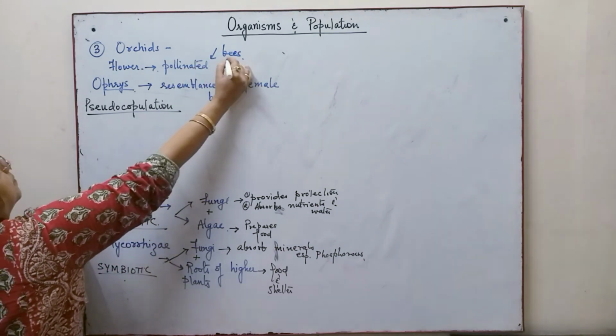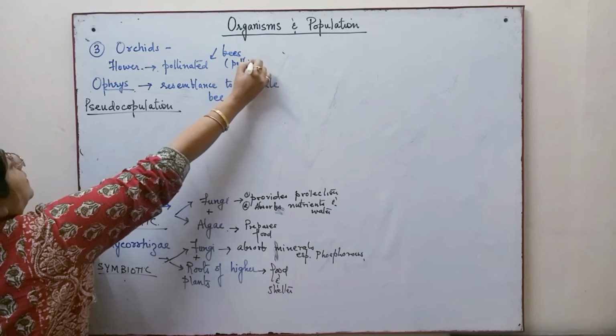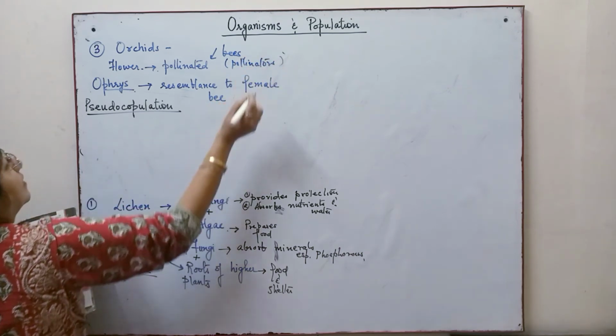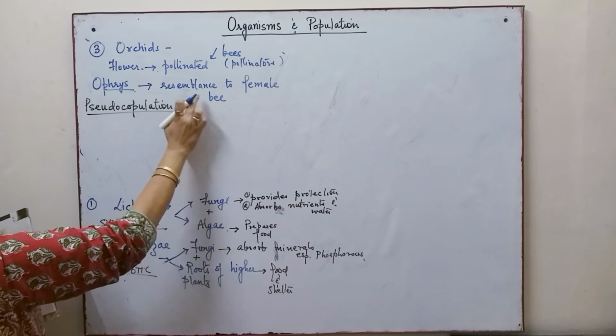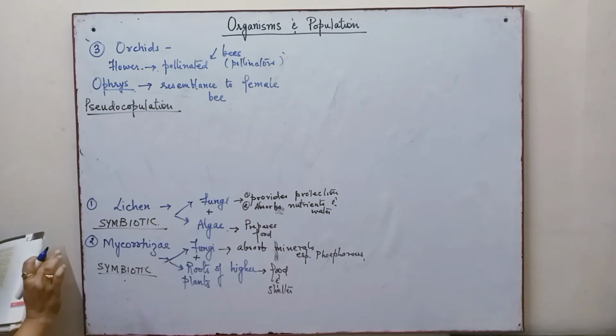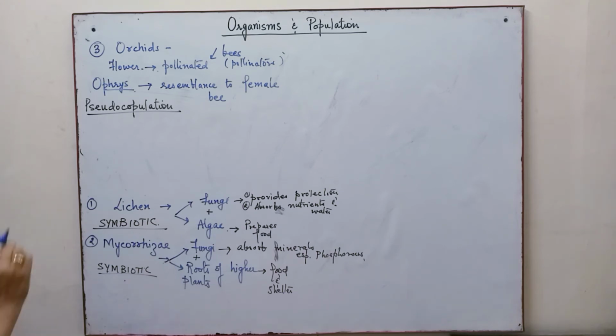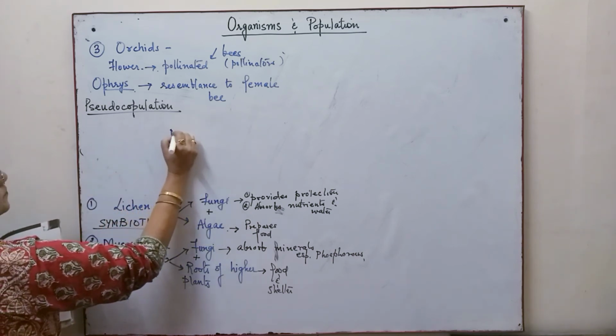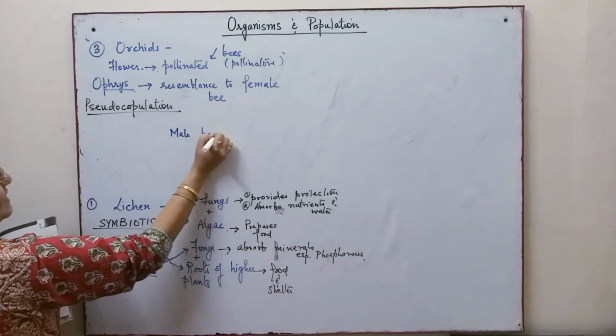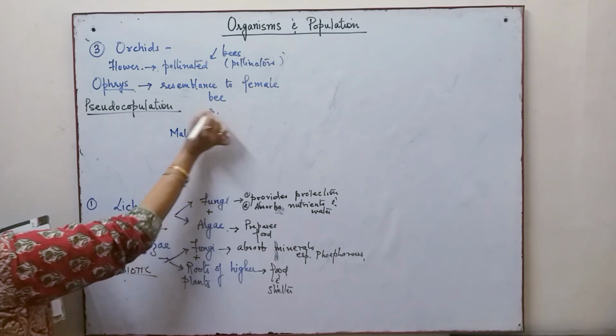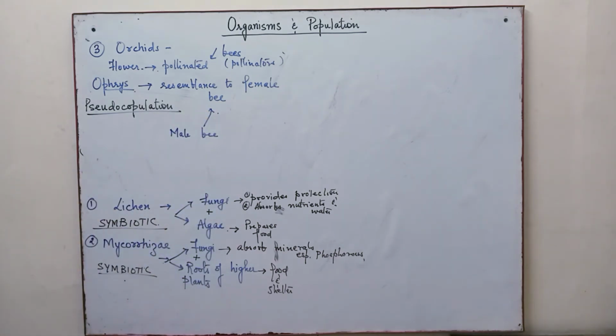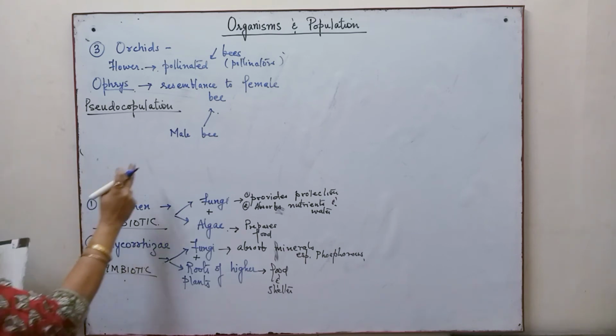The pollinators are bees. Now, the orchis flower resembles the female bee, with one petal, and the resemblance is very close. The male bee gets attracted towards the female bee and it pseudo copulates, and during the act it will dust,